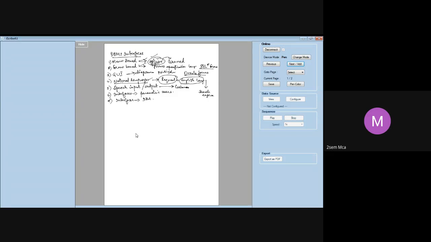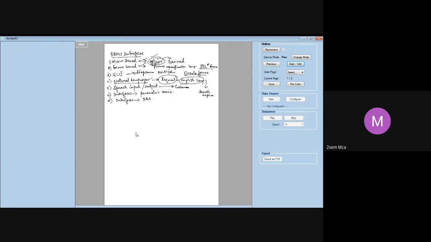Based on the input that you give, you may give it through your keypad, but still it is all based on speech input and output. Sometimes you get recorded information about train departures, train arrivals, flight departures and flight arrivals. You dial in some number like 198, then it will tell you which trains are coming in, and how late they are coming in. So all these are nothing but speech input and output.